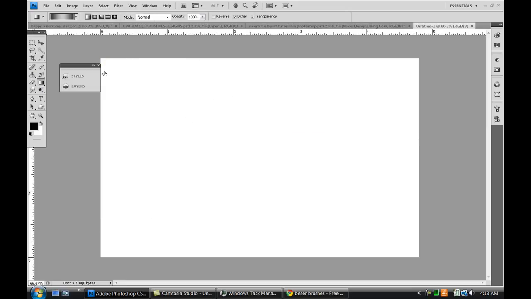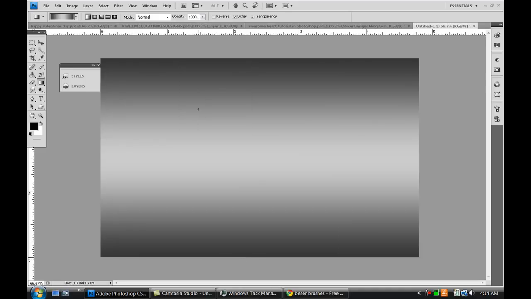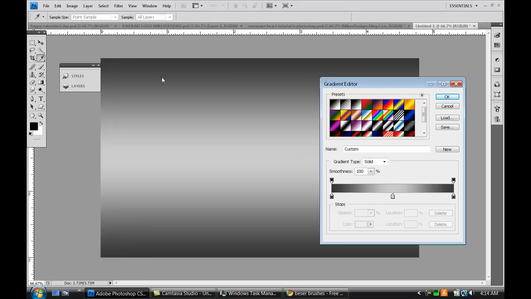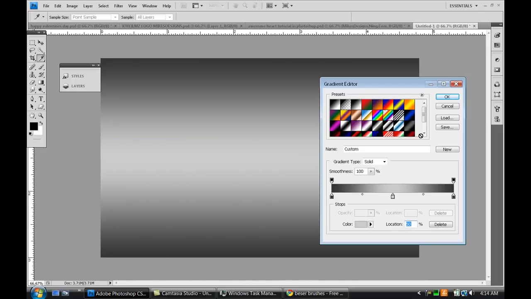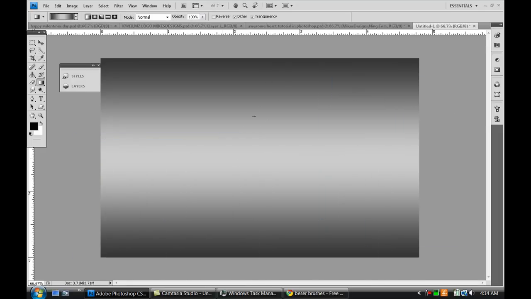And I'm just gonna choose a gradient I made myself. So something light, like this light gray. If you don't know how to make that, just select the gradient editor and make sure in the middle is like a light gray. So the second to white right there. And for the two ends, you want to make sure it's at the end, like the very bottom one. I mean the third one, I'm sorry. Anyway, so once you've created your gradient of choice,